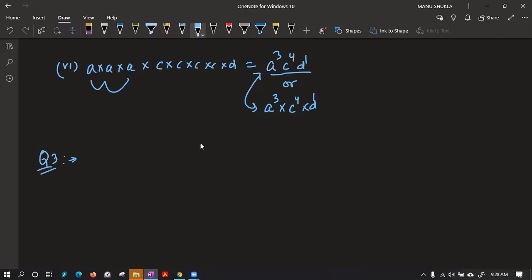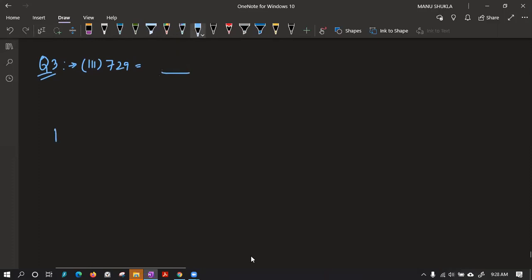So question number 3, express each of the following numbers using exponential notation. Yes, in variables you can use, no issue. So we have, suppose, a number 729, third part. I have told you for these kind of numbers to write in exponential form, what do we do? What should we do now? To write in exponential form, we should try to prime factorize it. Very good, Ekta.